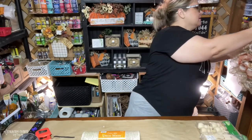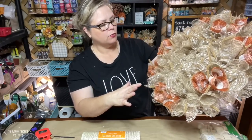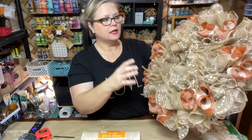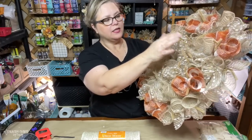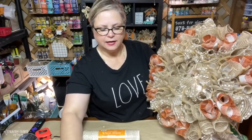So here is my 14-inch wreath base. This is one that I'm already working on, and I just did cruffles or ruffles. The majority of it is this snowball mesh as well as this burlap, and I use that for my base, and then I use this as an accent. Does that make sense? I just did these cruffles or ruffles at 12 inches, and I did both of these like this,